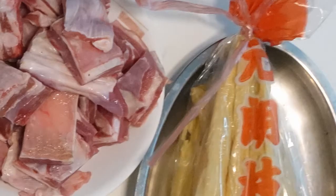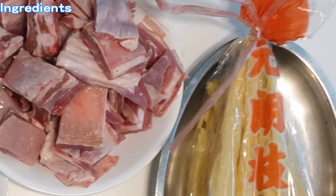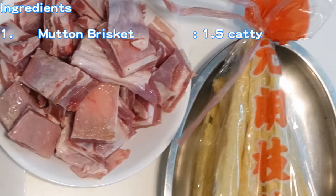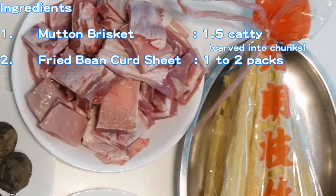Hi, today I'm going to demonstrate the mutton casserole. Ingredients are mutton brisket 1.5 kg, carved into chunks, fried bean curd sheet 1 to 2 packs, mushroom 8 pieces,